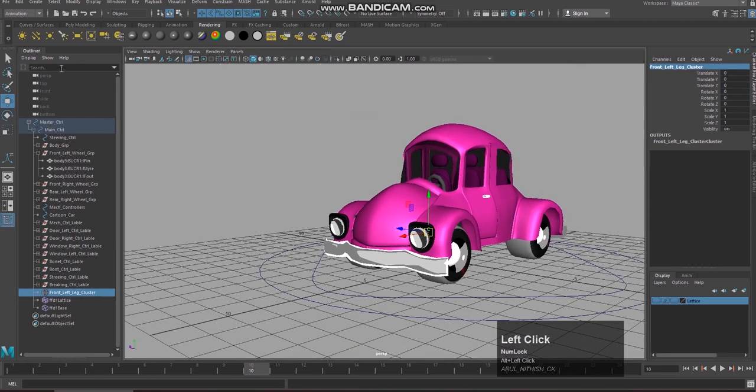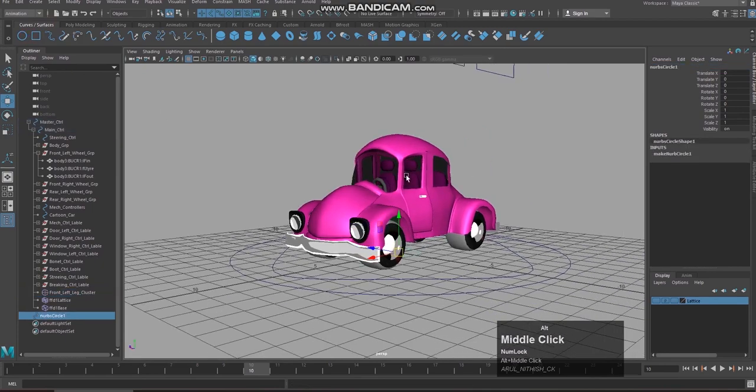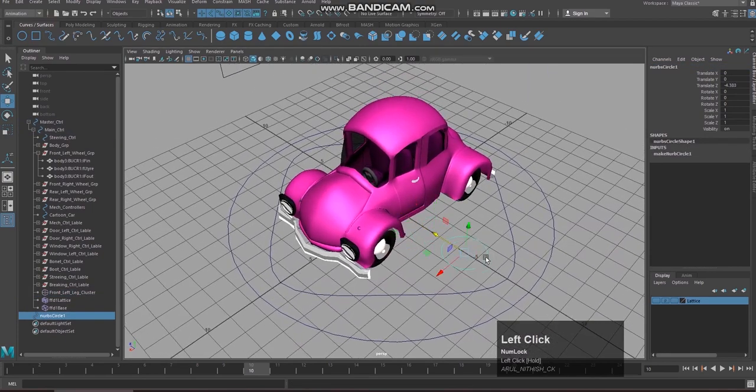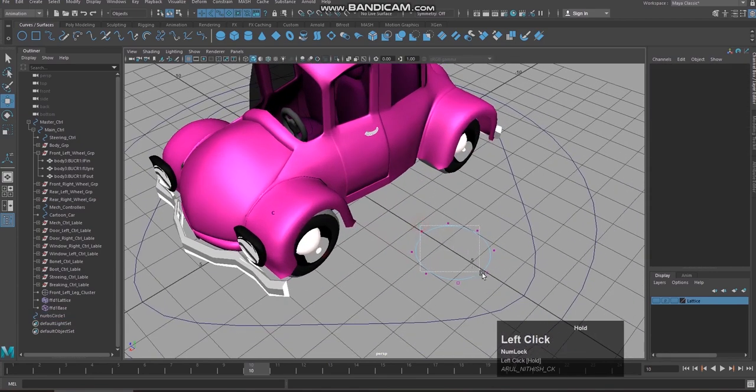Okay, I'm going to create a controller curve, right? I'm going to change the shape of that controller curve.